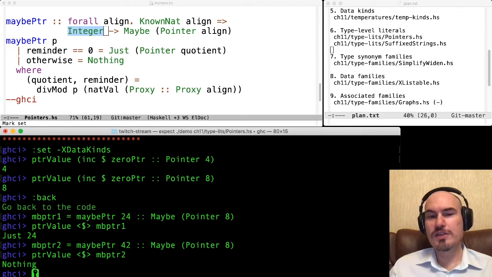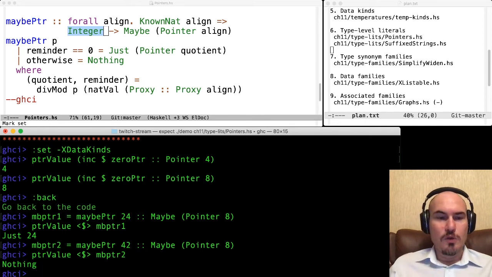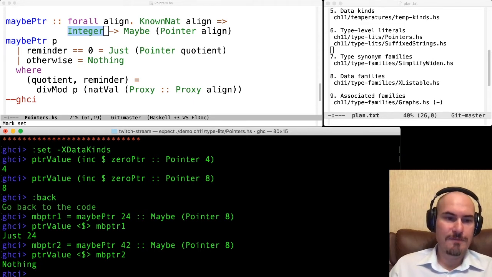Well, because there is no such value. Okay, so it was not properly aligned. So this is runtime. You see in GHCi, we are running functions, we provide actual arguments, and at runtime, everything is controlled.